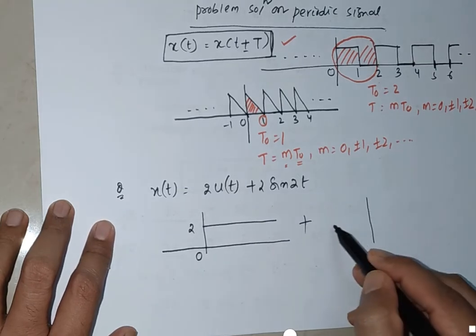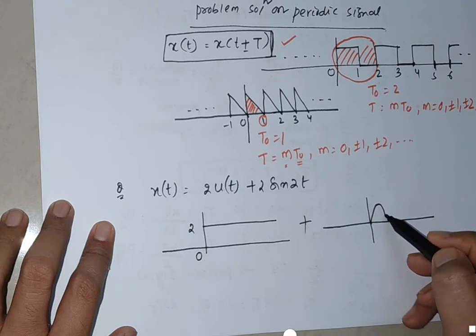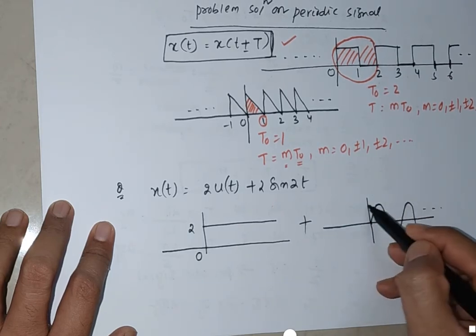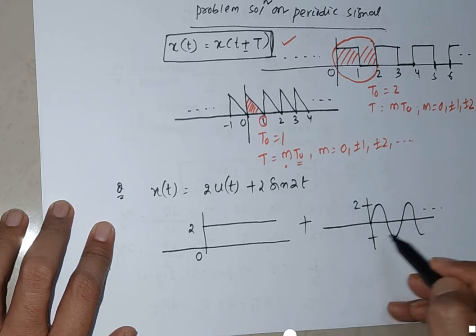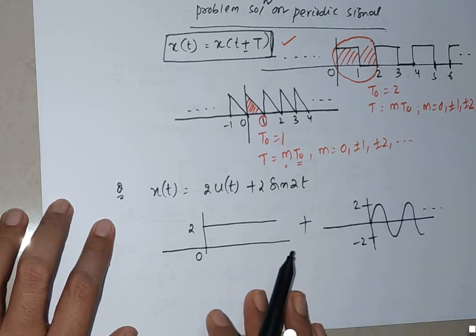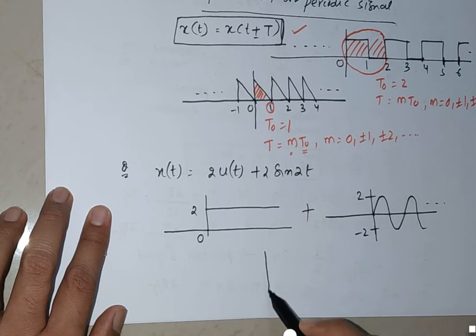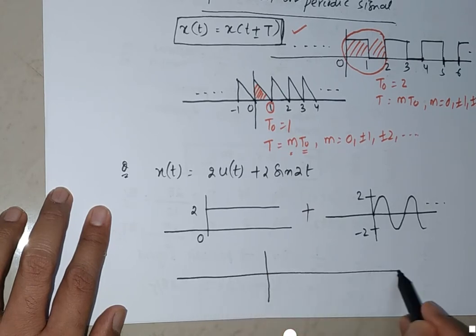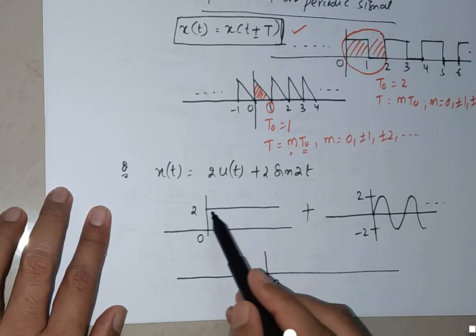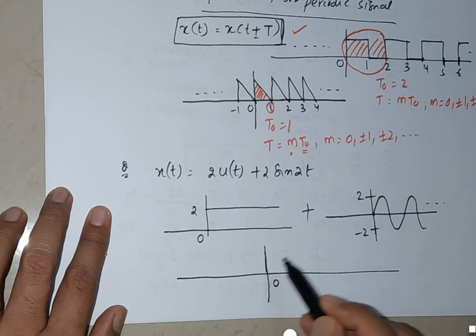The plot is like this. It's a sinusoidal signal of amplitude 2, like this. This is plus 2, this is minus 2. Now simply add both. If you add, what will you get? We can get this type of signal. Now see here, on the right hand side it is 2, and on the other it is 0, so you can get a signal like this,